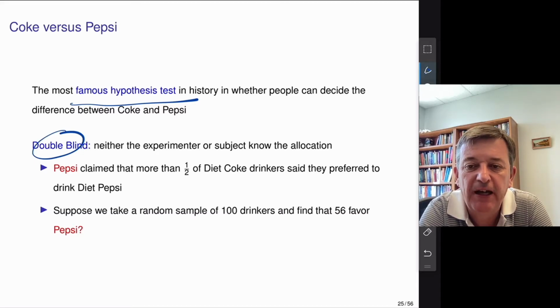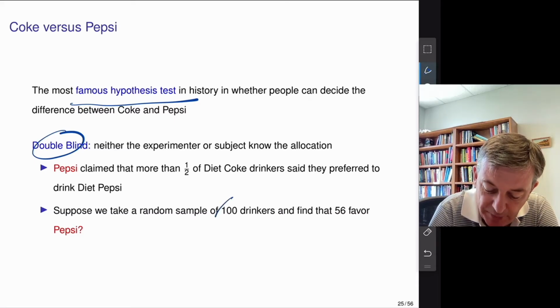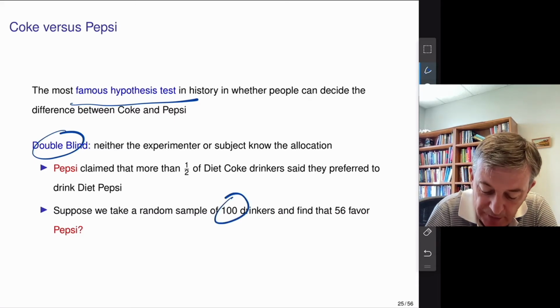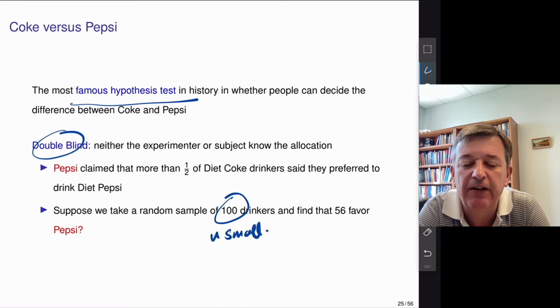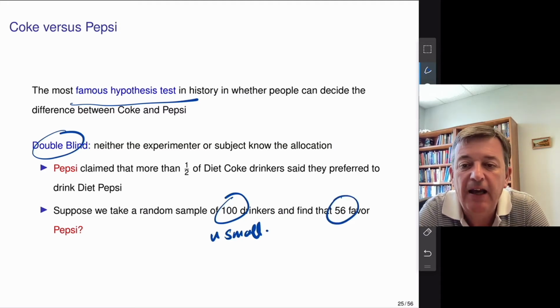A lot of discussion about how you set up to test these things, double-blind experiment, neither experimenter or subject knows the allocation. Pepsi claimed that more than half of the Diet Coke drinkers said they preferred to drink Diet Pepsi. So let's just do a simple little example. I've taken n to be small, and so the second that you look at that, you should realize that the standard deviations will be large, confidence bands will be large, and it'll be hard to figure out whether things are true or not. And in that random sample,